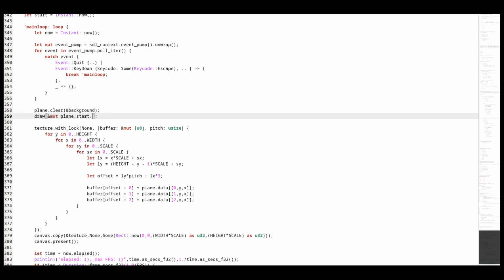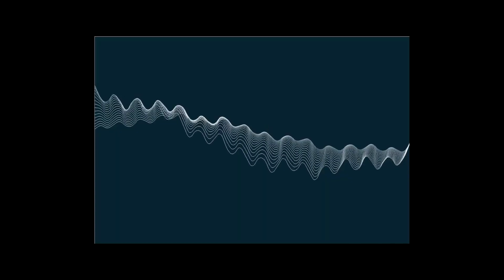Let's compile it in release mode so we get the most optimized version to get more FPS. This is our current result.